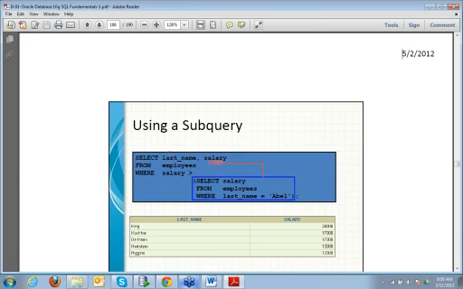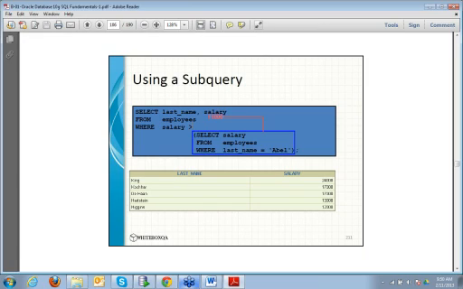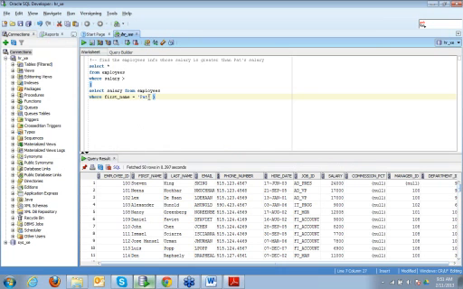You can select anything, there could be any outer query, but you have to ensure that the subquery results in only one single row, because this relational operator works only with a single row. It has to be a single value on the right side of this operator. If it is going to produce more than one value, then this operator will not work and the query is going to produce an error.